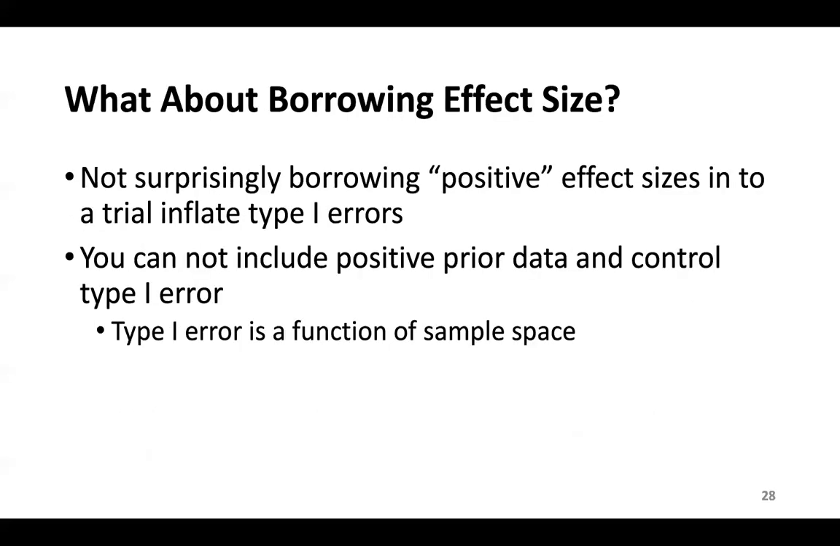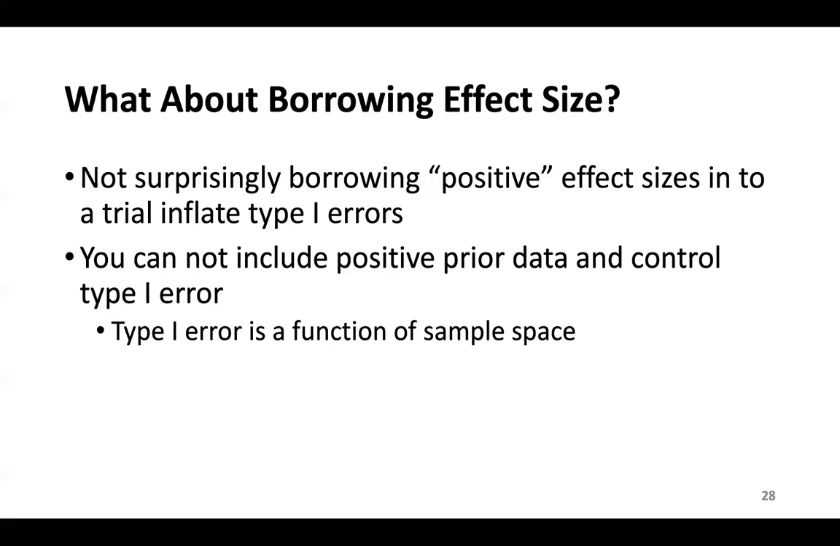What about borrowing effect sizes? So I'll move away from only where we have data on the control to a setting where we actually have data on the effect size. Not surprisingly, if you borrow positive data on the effect size from historical data, you inflate type 1 error. And you give yourself a leg up to reject that A is better because you're bringing in data that already shows A is better. You cannot include positive prior data and control type 1 error. They're opposite